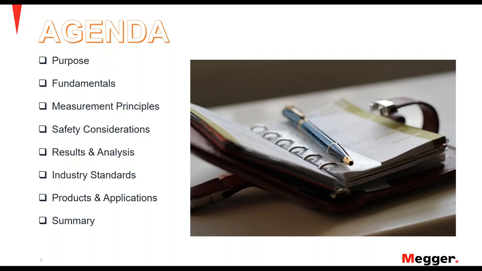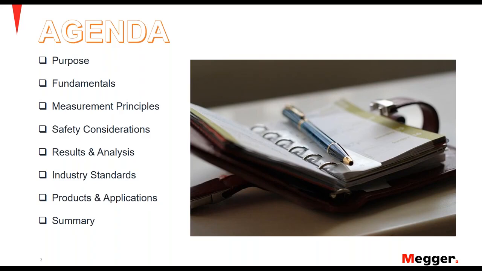Considering we are testing with equipment out in the field, we want to make sure we understand the safety implications and considerations. Then we look over some of the results and the analysis tools that we use to understand and interpret our testing. Next, we will look at industry standards, and we will also look at products and applications,